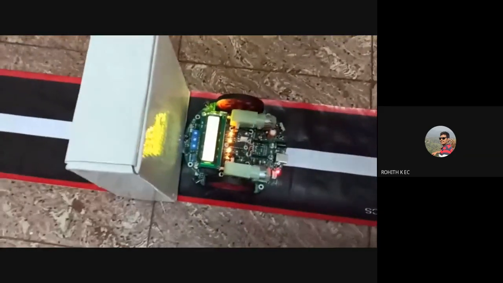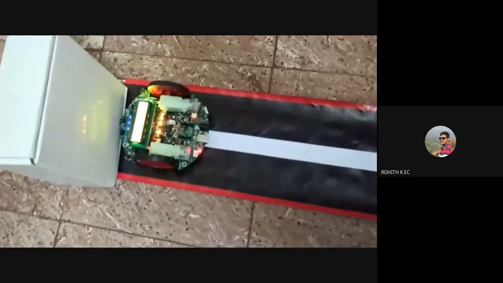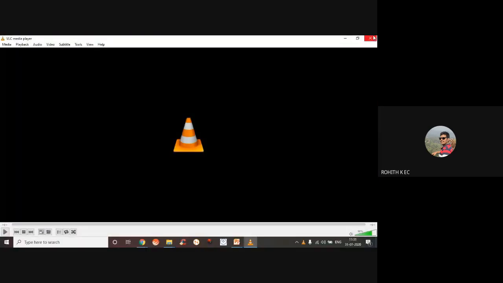I don't know whether you are able to hear the buzzer sound. Anyways, we'll be sending this video right after this session, so you can hear the buzzer sound. If there is an obstacle, the robot will stop, or else it will move forward. You can see when an obstacle is there, you are able to hear the buzzer sound, then it stops. Okay, so that's about the demo.